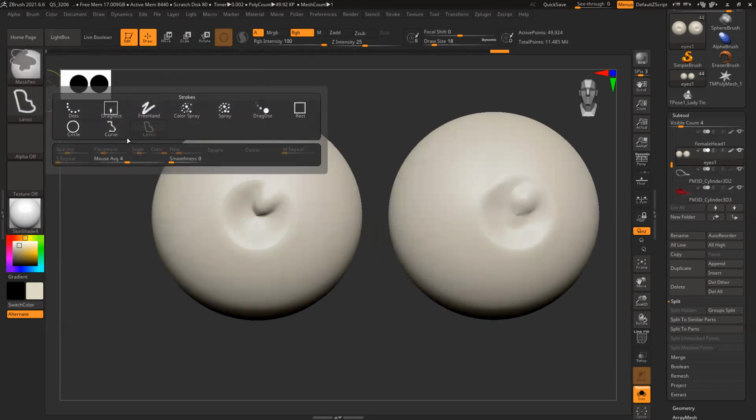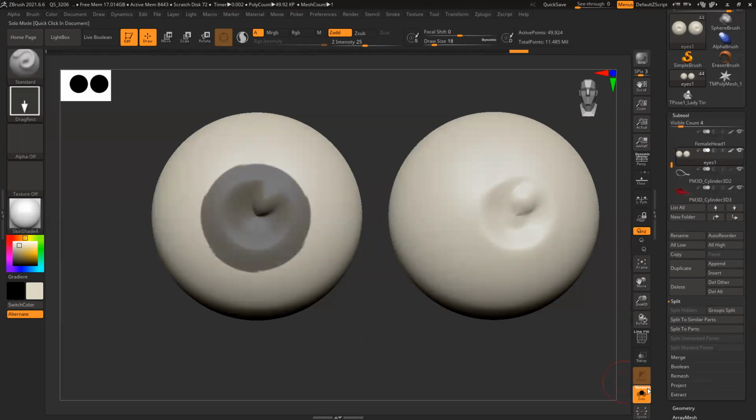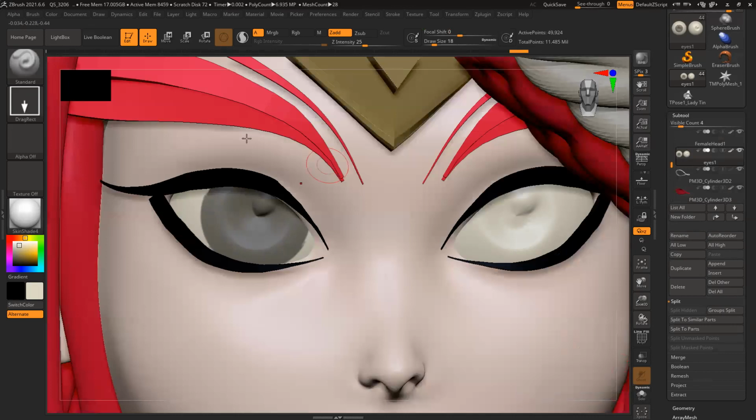Or I can use mask, insert, and use alpha. I can use this minus 100. It's pretty big. Let's see how big it is. Not this big. Almost touching the surface here.